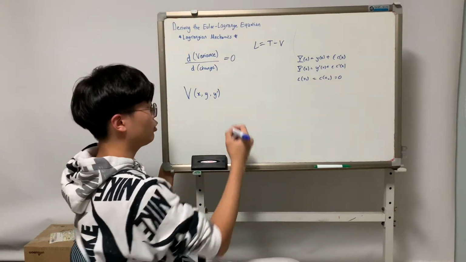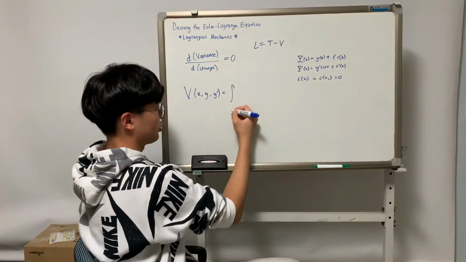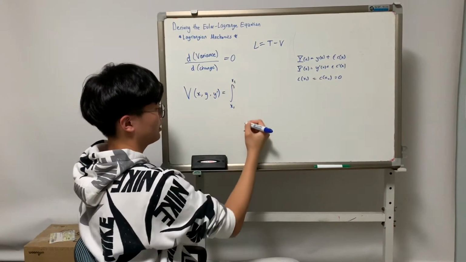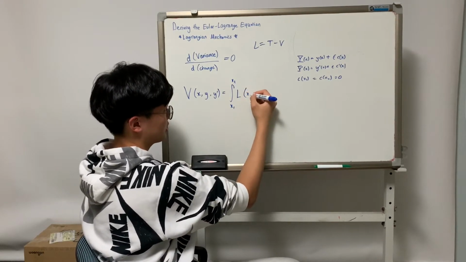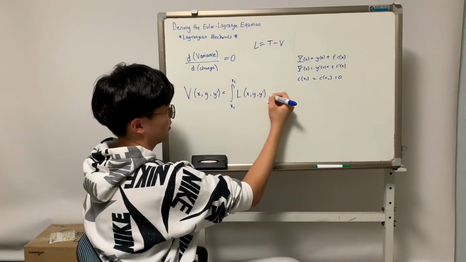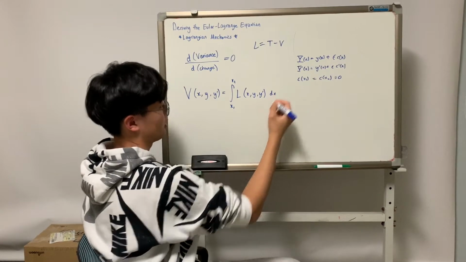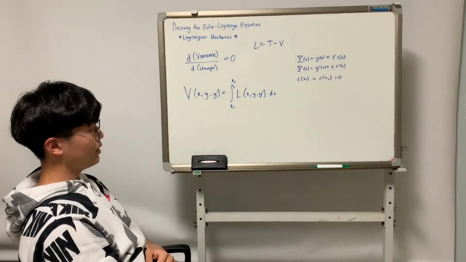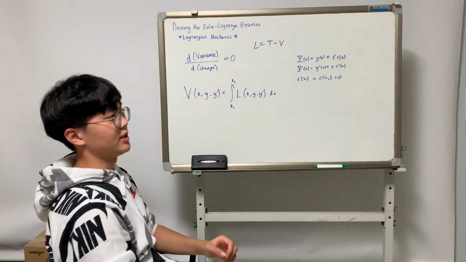Let's say that's going to be equal to the integral from x1 to x2 of the Lagrangian of x, y, y prime, d of x. For now, it doesn't really make sense,